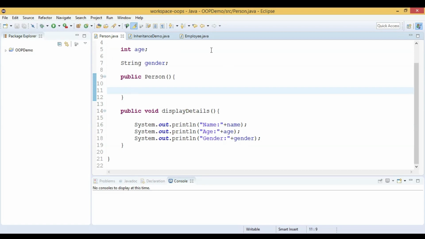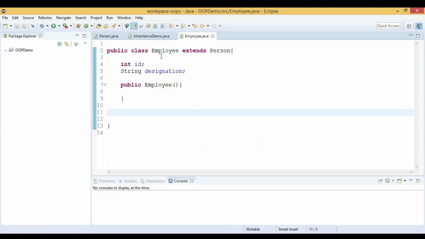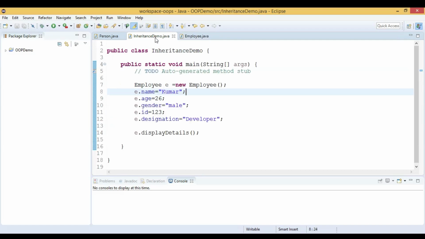Okay. So now let us have another class, Employee. This class extends Person. So Employee is a subclass and Person is a superclass. Inside the Employee class we have the instance variables id and designation. So we have an Employee constructor also. Now we have a class InheritanceDemo, in which, inside the main method, we create the Employee object